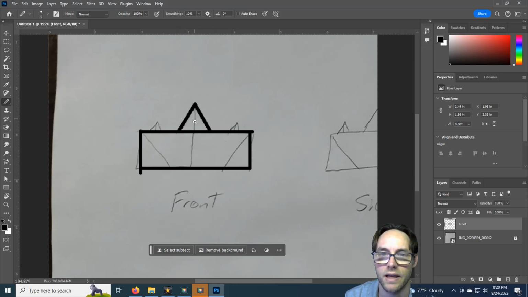And there's this edge right here, so I'll go ahead and just add this edge in. So I'll go ahead and click, and then for this I'll just hold down Shift, and I'll drag down. Nice. And I'll just make these triangles kind of the same way. So again, click, hold Shift,